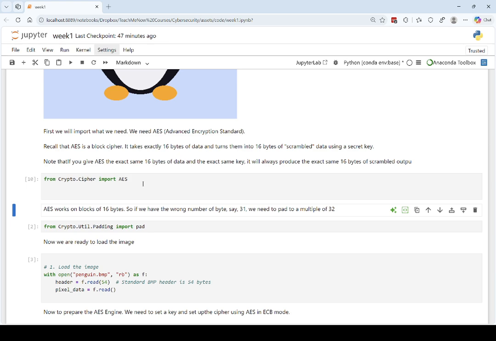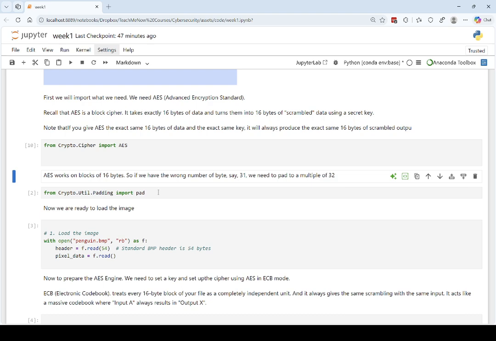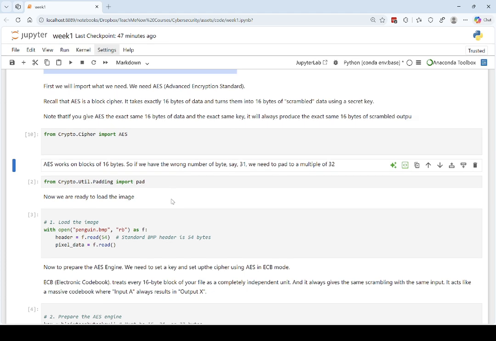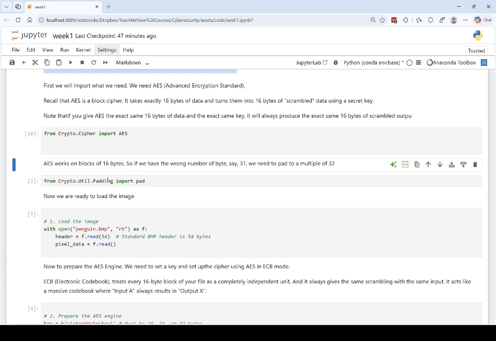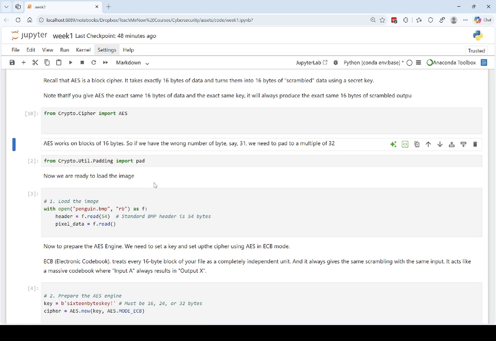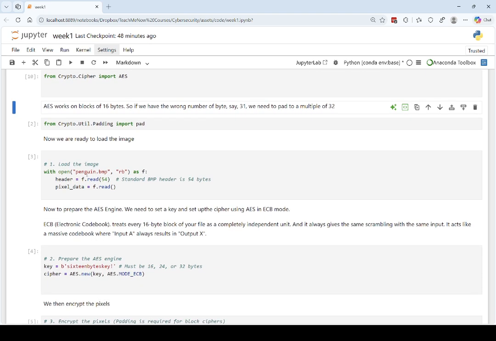It would get stuck. So I'd have to pad it out with extra data to get the size we need. So I'm taking from a Python library that will do that padding for me. Okay, so now we're ready to load that image. You've seen the image, so okay. So all this is saying is we're opening up this bitmap. We've got it as a bitmap, and we've got